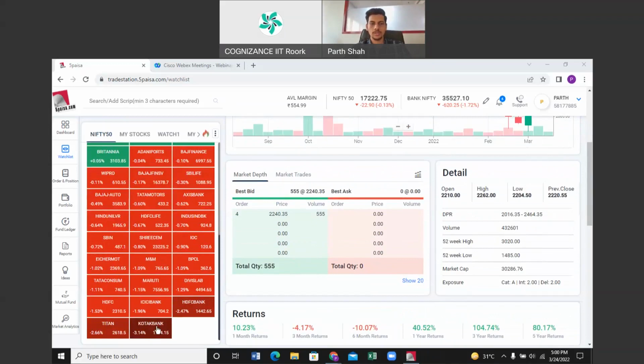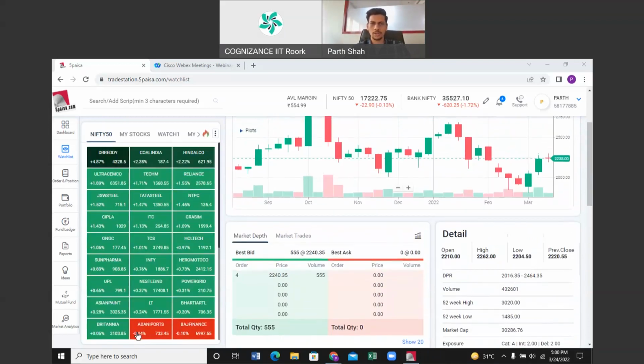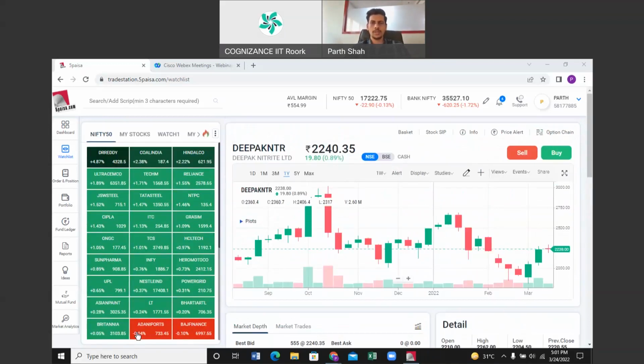So if some stock is declining more than 3%, then it is marked as dark red. The color grading is according to the change. This is one of the things to quickly start up with, since I understand you guys are from the technical side and this is going to be new for you all. So I'll be briefing about what things you should look at whenever you open a trading application.